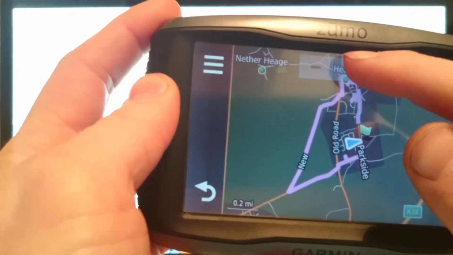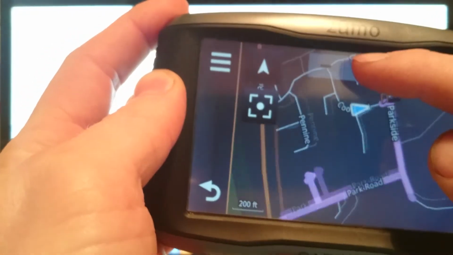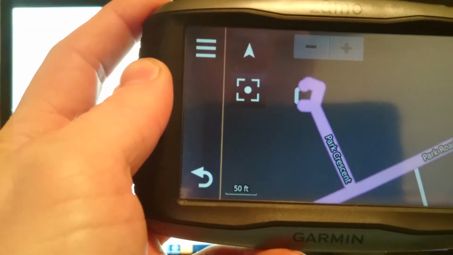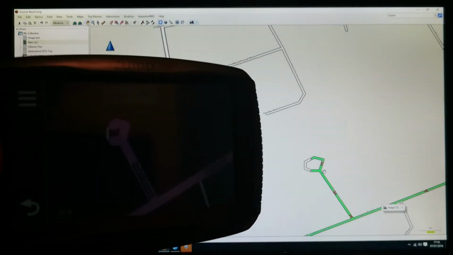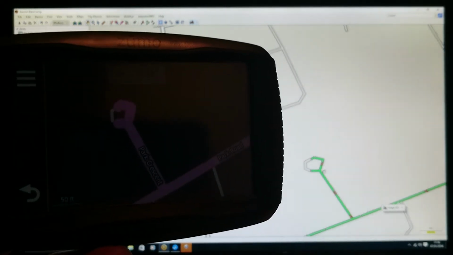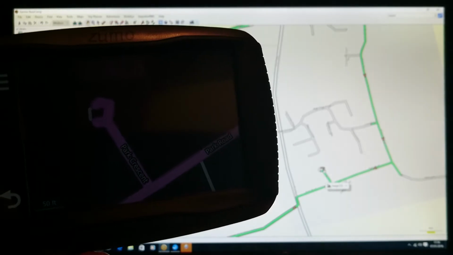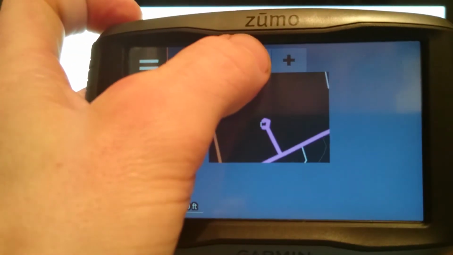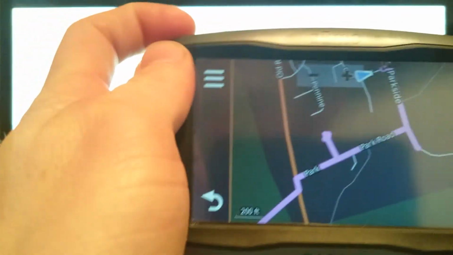But if you look, it's still taking you down the same route that you've planned on the computer. It's still exactly the same there as it is there. It's still the same, and that's crucial. So what happens is you can run this route on here without all the shaping points, and when you bypass one,